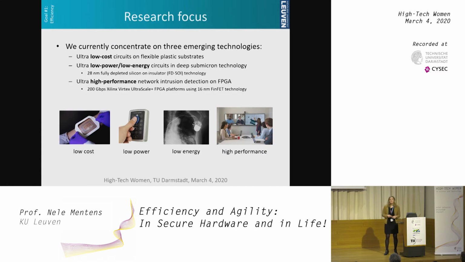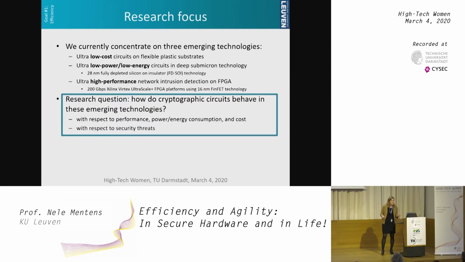What we are currently concentrating on in this field is on three emerging technologies. The first one is focusing on very, very low-cost systems, so ultra-low-cost systems, using digital circuits on flexible plastic substrates, so actually plastic chips, let's say. Second topic is on low-power, low-energy circuits using, I will not go into detail, fully depleted silicon on insulator technologies that are specifically designed for low power and low energy applications. And then third one, ultra high performance, using the newest FPGA platforms to do network intrusion detection, so network security applications. And in this presentation,